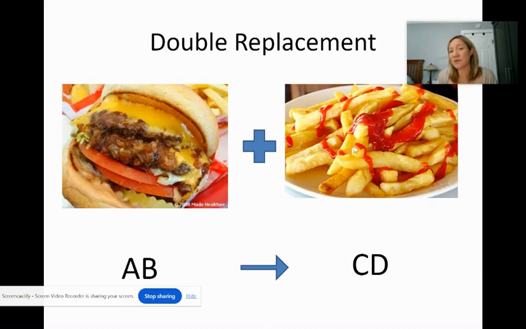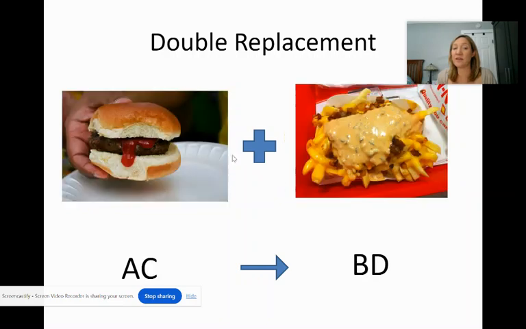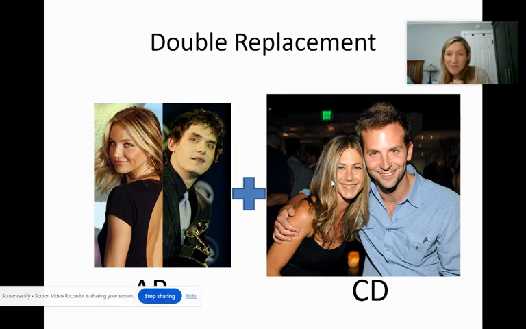It was the French fries with the ketchup. Now it's the burger with the ketchup. This was the burger with the animal style. Now it's the French fries with the animal style. Okay, so switching places. Back to my older example, this is Cameron Diaz and John Mayer, who has basically dated everyone in Hollywood,